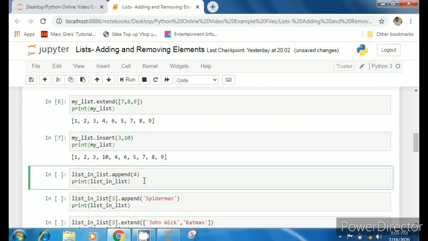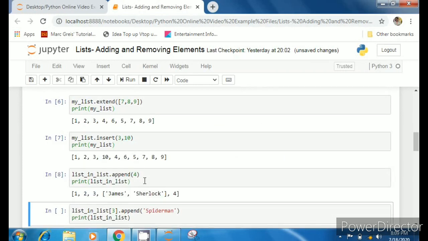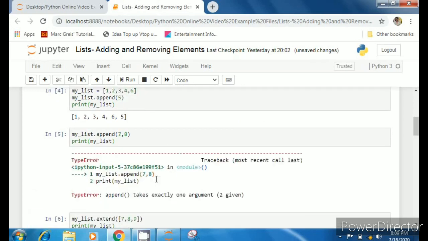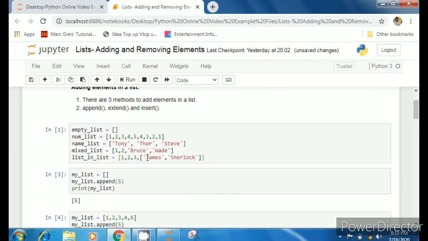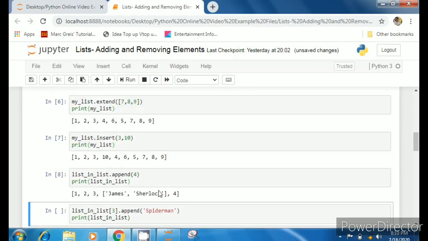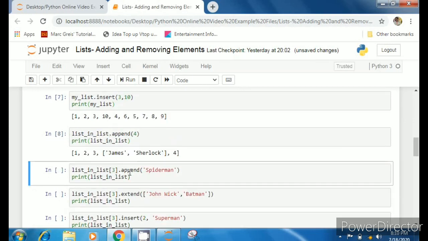You can also append in a nested list. Now this was a list that was created earlier, and for this I have included this list. So see here, this is the nested list which we used in the last lecture also. So you have simply appended a value 4 for 0 1 2. Now there is a nested list and 4 has been appended at last.